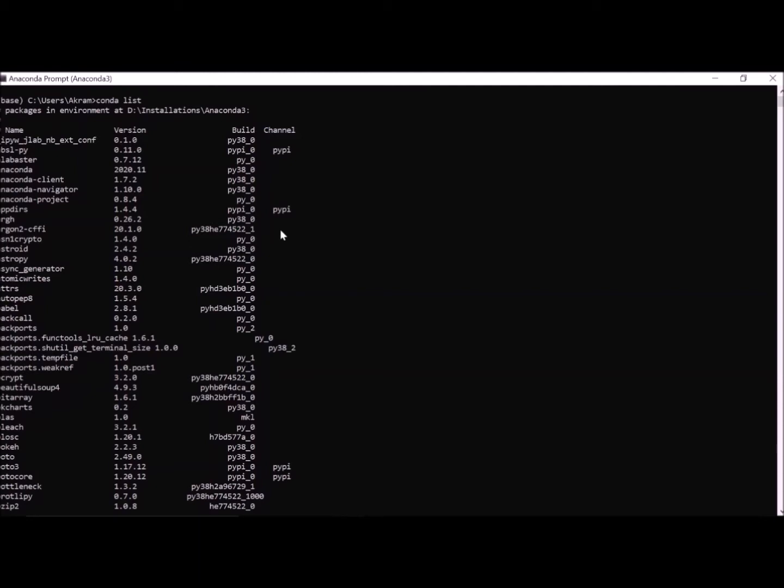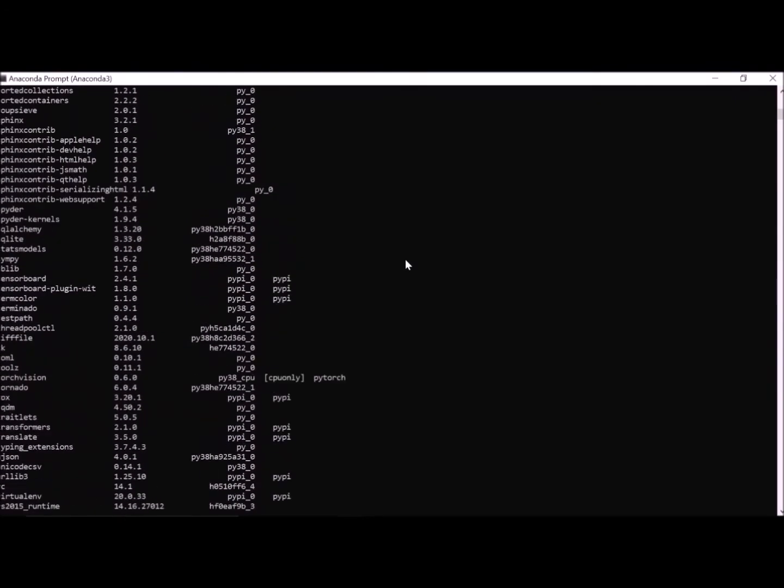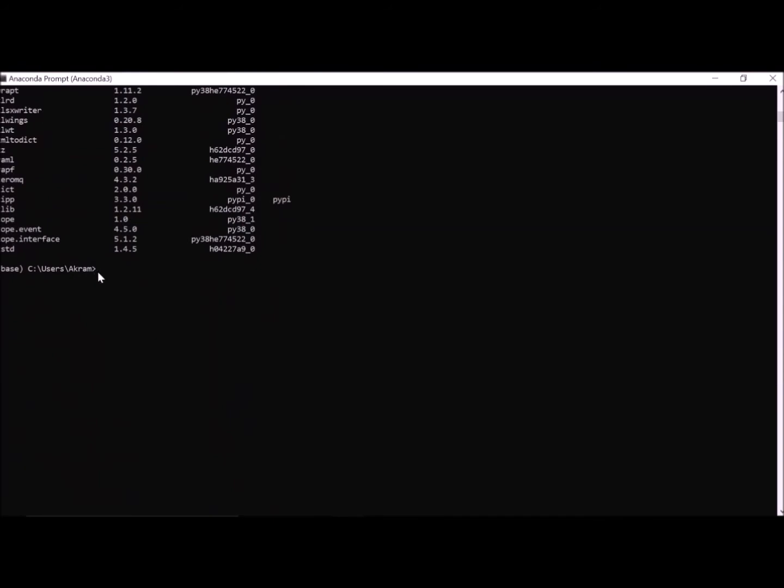So what I will do is create a new virtual environment, and in that virtual environment I will install all the required libraries with their particular versions.